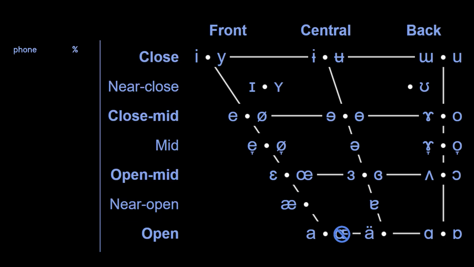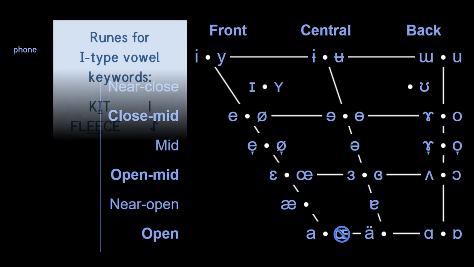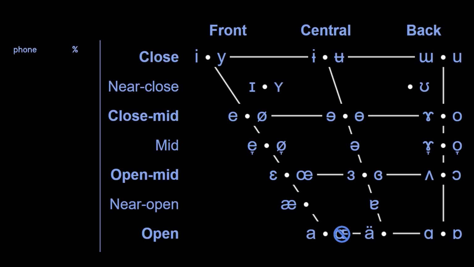Now please note, these runes are not being randomly assigned. Is was historically used for the short tense I-type vowel, as in kit. Io, as we have discussed in other videos, represented the sound known as unstable I, which at times became the sound some speakers today use in fleece. Again, was historically used for the near diphthong even before it shifted up the vowel space.